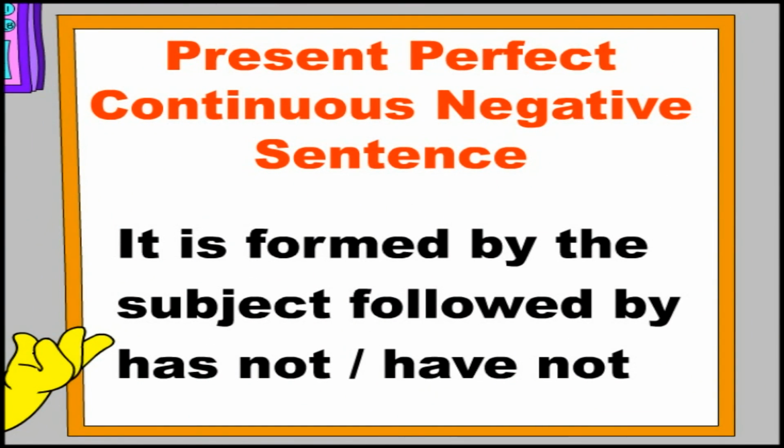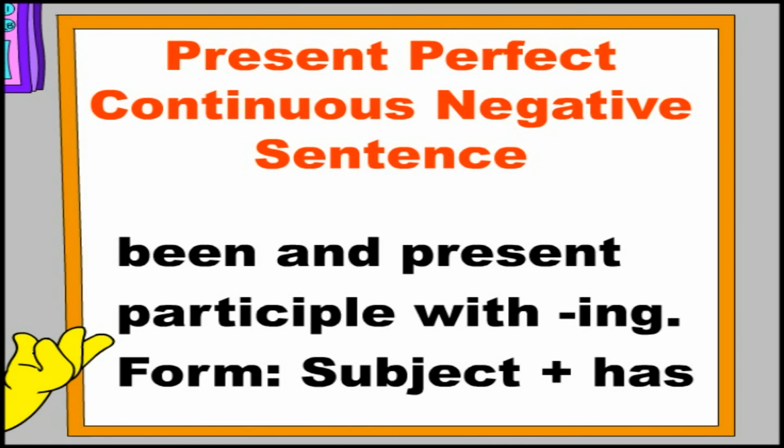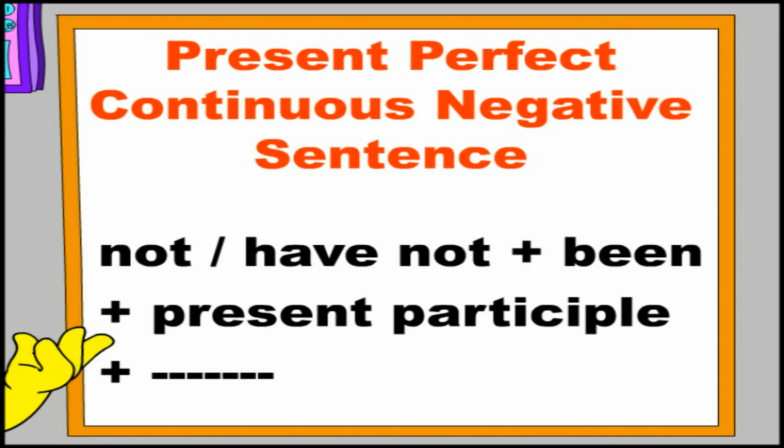Present perfect continuous negative sentence. It is formed by the subject followed by has not, have not, been and present participle with ing. Form: subject plus has not, have not plus been plus present participle. Examples: